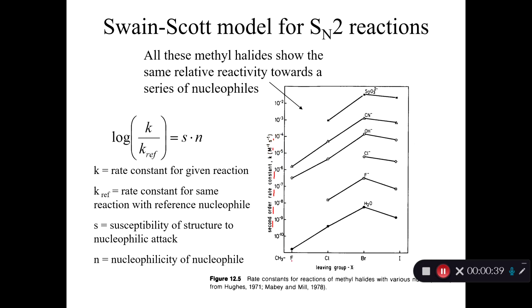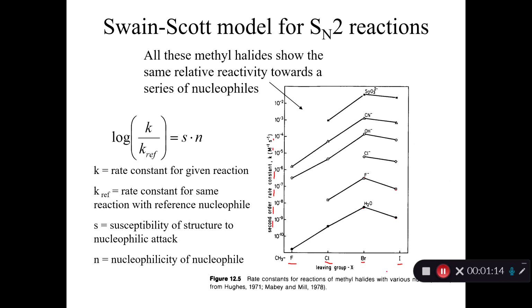If you plot the rate constants for the same chemical with different leaving groups, so like this could be methyl fluoride, methyl chloride, methyl bromide, methyl iodide, and you have different nucleophiles. Here's water, here's fluoride, chloride, hydroxide, cyanide, and thiosulfate, that you get these characteristic type reactions, and the distance between these 2 points is the same as the distance between these 2 points, and that becomes the basis for the